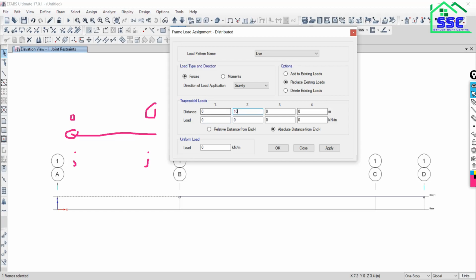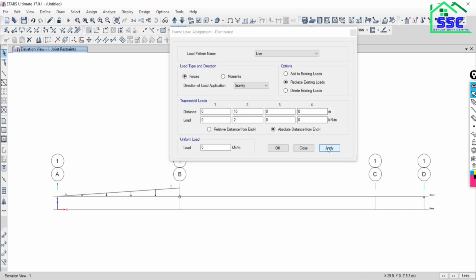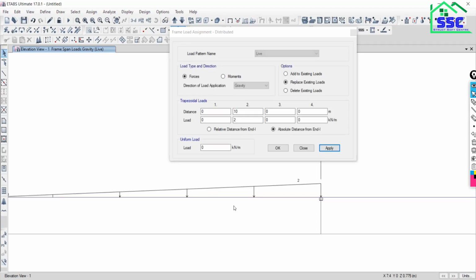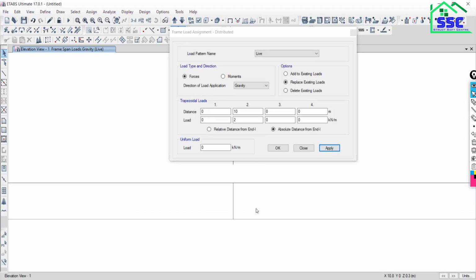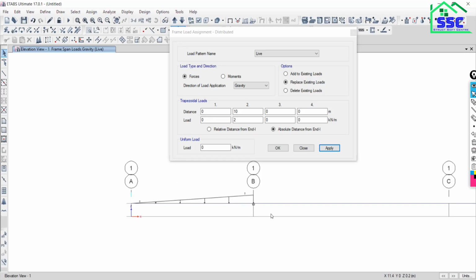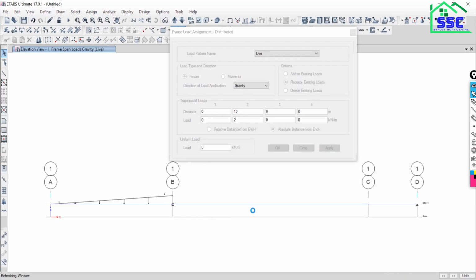At a distance 10 the value is what? 2. Say apply. As you can see here, the uniformly varying load is assigned to the frame. Okay, so like this you will be able to assign uniformly varying load.